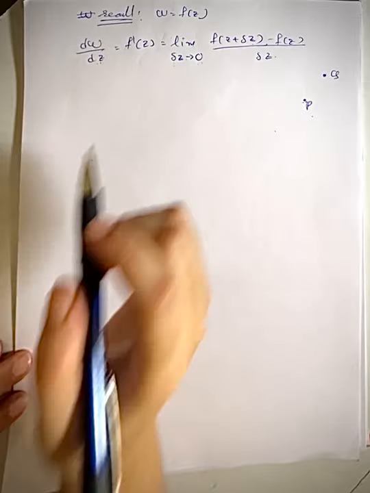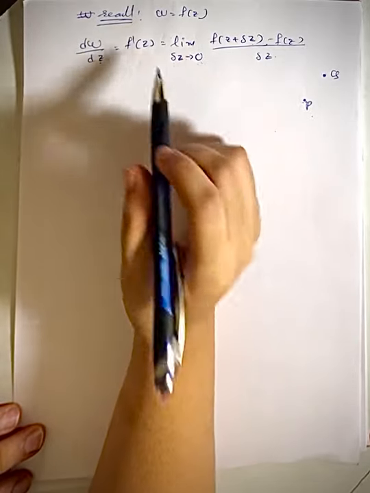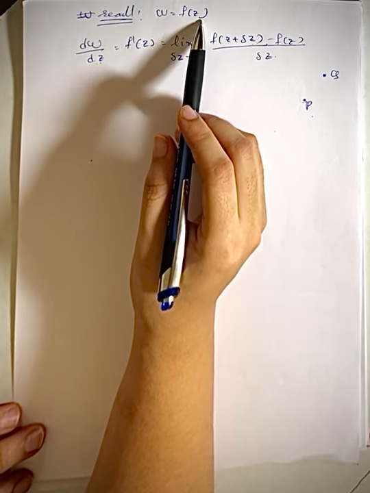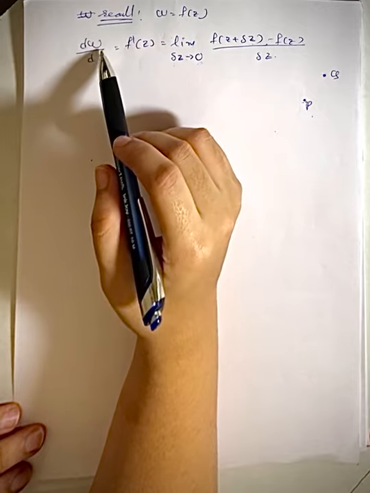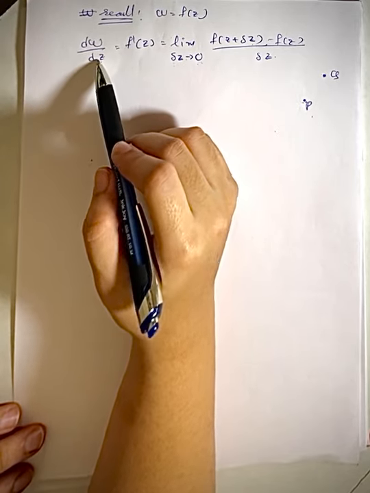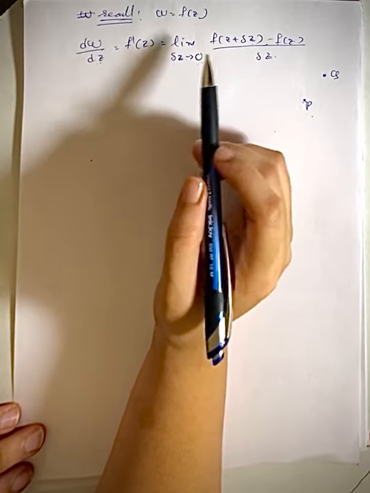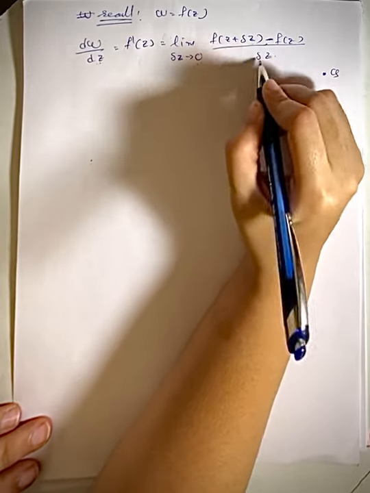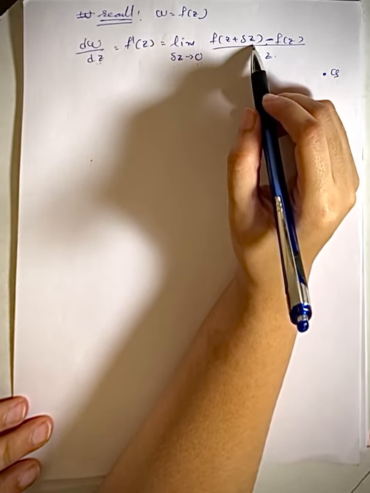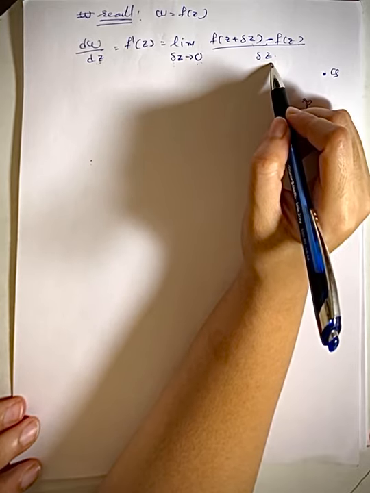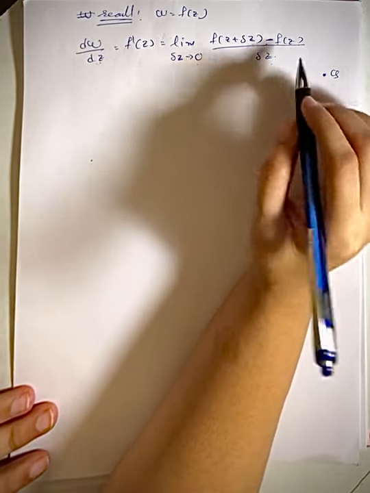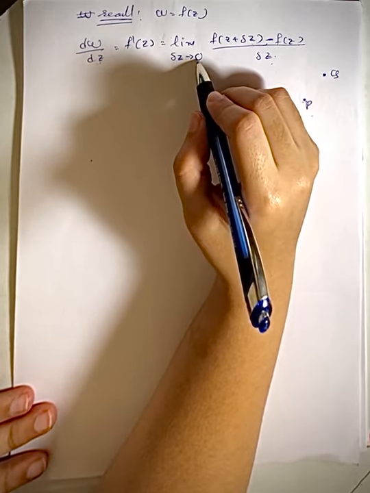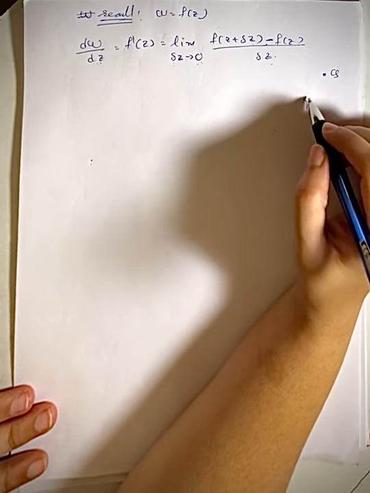Friends, last time let's recall what we studied. We defined the function w equals f of z, which is single valued. Then we defined the derivative of that f of z, which is f prime of z, as the limit as delta z tends to 0 of f of z plus delta z minus f of z, divided by delta z. Okay, so this is what we had discussed last time, and in order to make this delta z 0, we move from q to p,